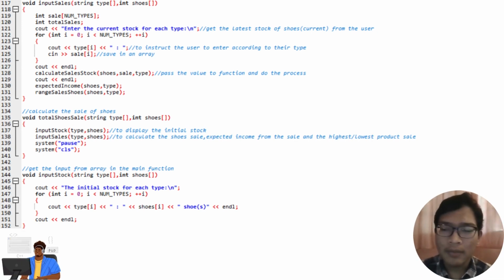Okay, for the input sales function, we have declared it as void with two passing parameters. The function will ask for the current stock, which will be saved in an array. Then we call another three functions into this input sales function. The functions end here. We go to the next function, which we declare as void total shoe sale, that receives